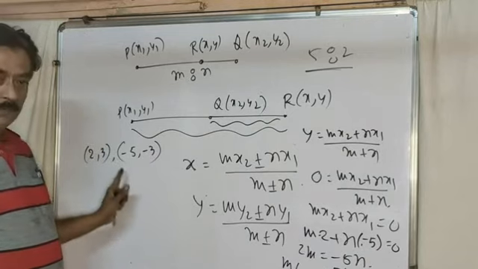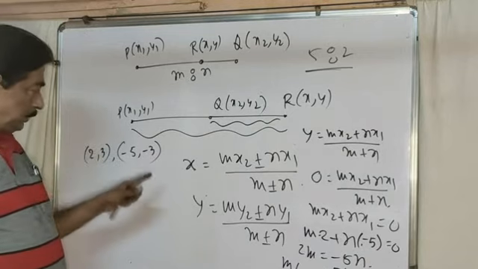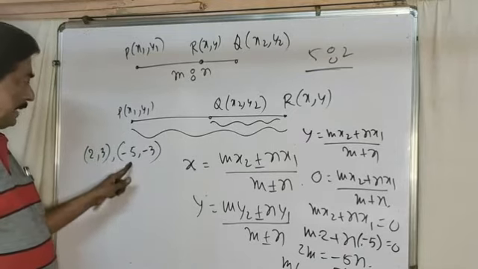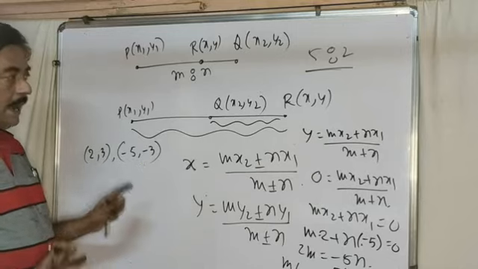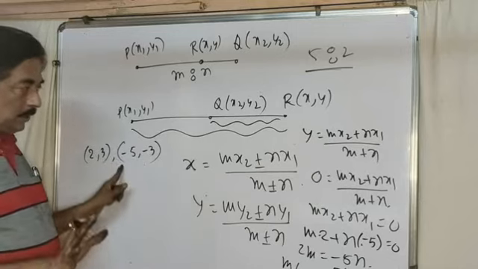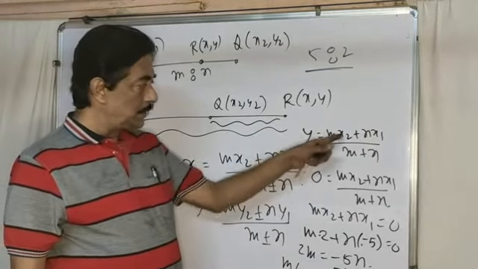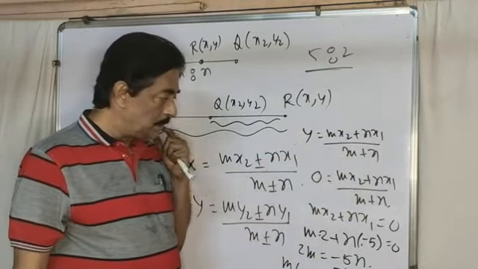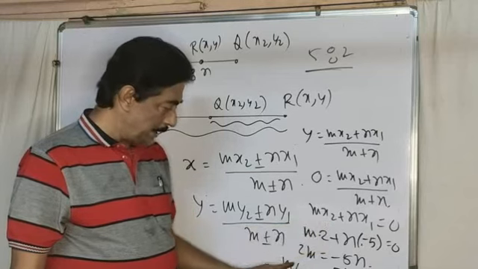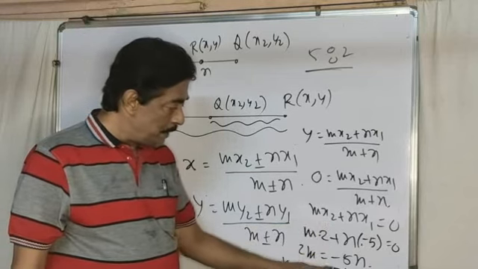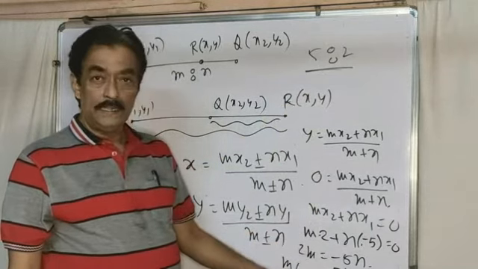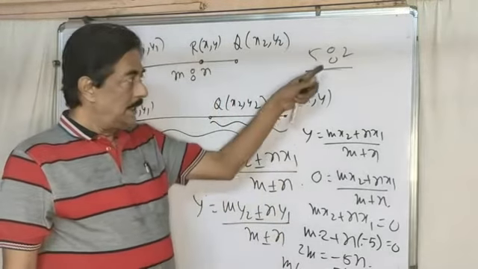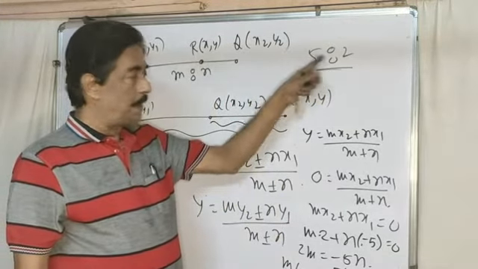Remember, be very careful about this problem. My question was to find the ratio by x-axis with the joining line (2, 3), (minus 5, minus 3). I do not know internal or external. I use the plus sign. On x-axis y equal to 0, I put only this fact. Y equal to (mx2 plus nx1) by (m plus n). If it is 0, 0 into anything is 0. So mx2 plus nx1 equal to 0. Now put the values of x1, y1, x2, y2. M by n equal to minus 5 by 2. 5 by 2 indicates ratio and minus indicates external. So these two points segment divides by x-axis externally in the ratio 5:2.